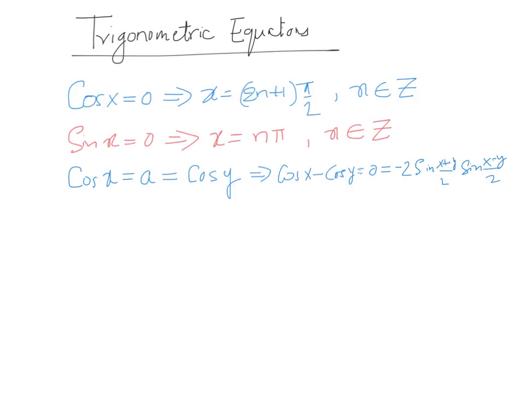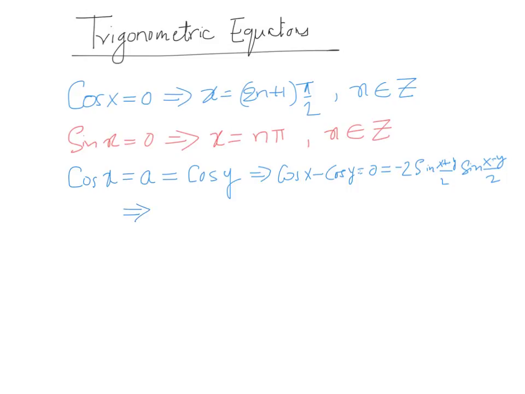So therefore we have been able to convert this equation cos x minus cos y is equal to 0 in terms of a product of two functions, which is sin of (x plus y) by 2 multiplied by sin of (x minus y) by 2 is equal to 0. Now this is useful because it implies that either sin of (x plus y) by 2 equal to 0 or sin of (x minus y) by 2 equals 0, and therefore we can apply the solution for sin x equal to 0 here and say that